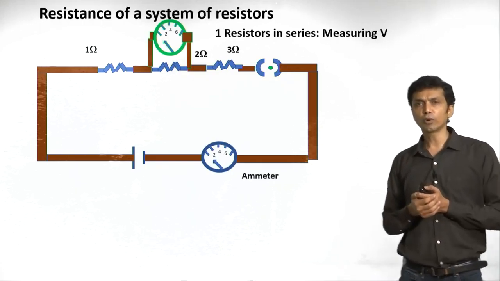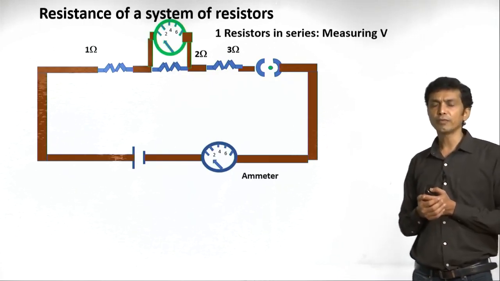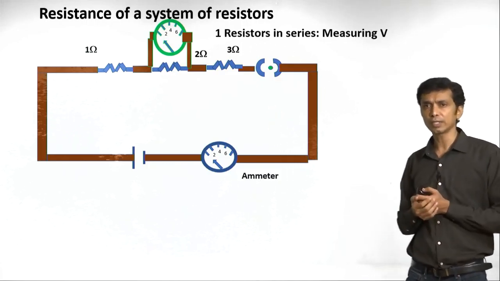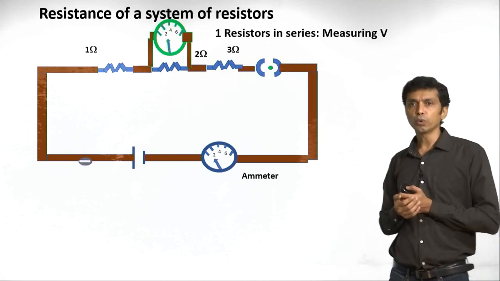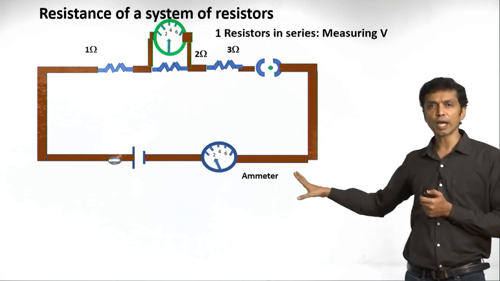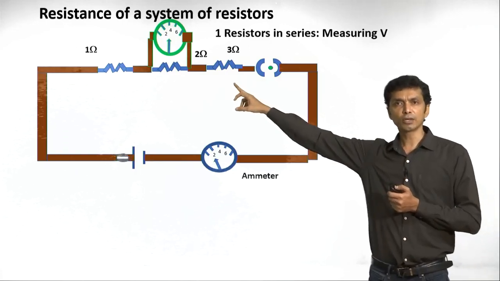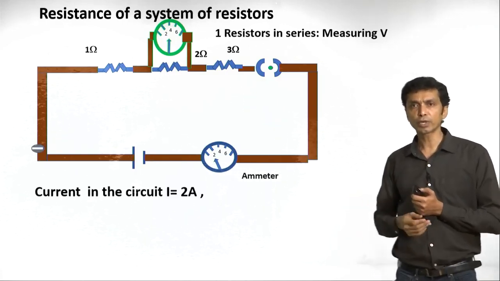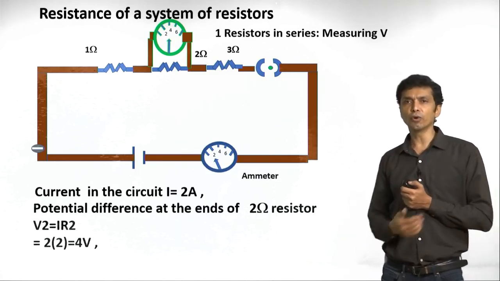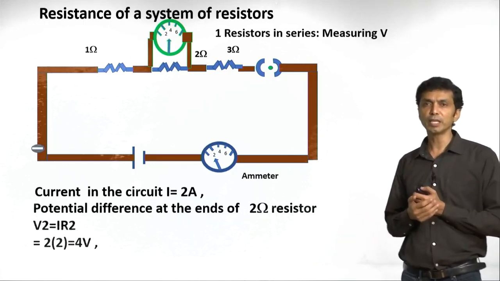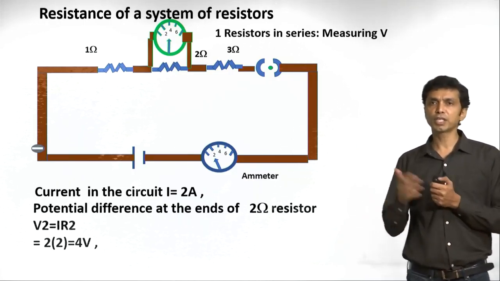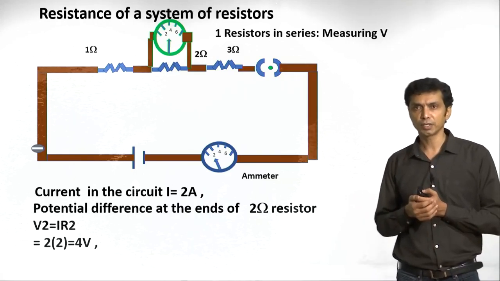Second resistor, what is the potential difference? Will it again be 2 volt? This is the 2 ohm resistance, let us see. The ammeter is showing the same 2 ampere current, resistance is 2 ohm. What is the potential difference? It is 2 into 2, IR, it is 4 volts. So, our assumption is wrong, the potential difference did change.